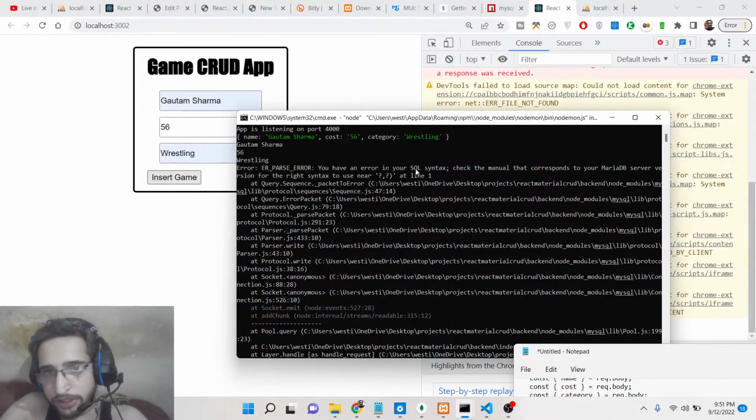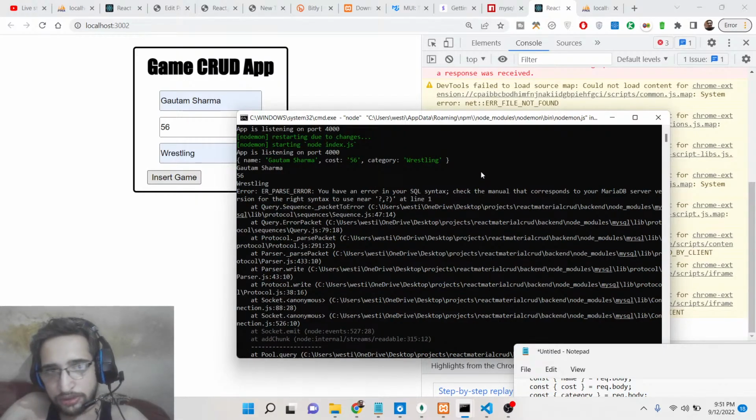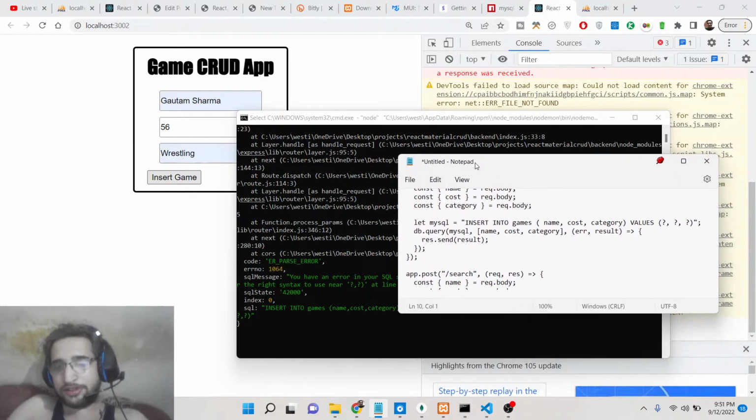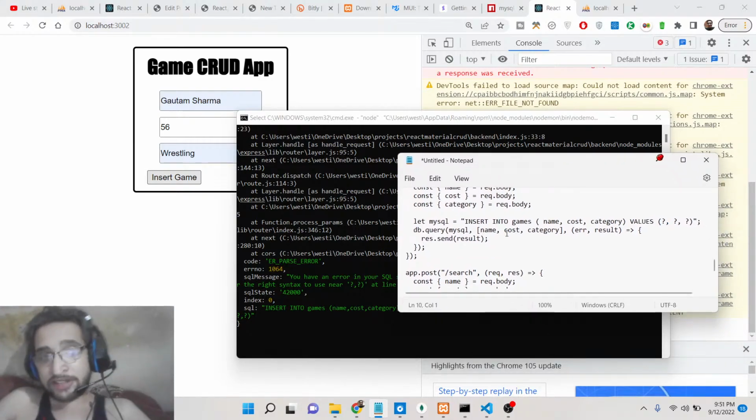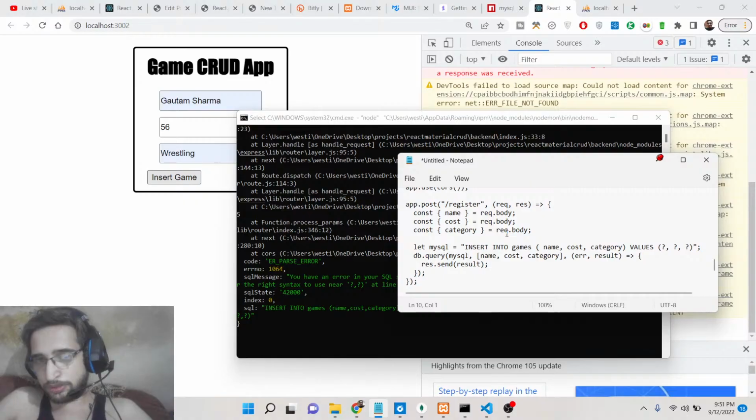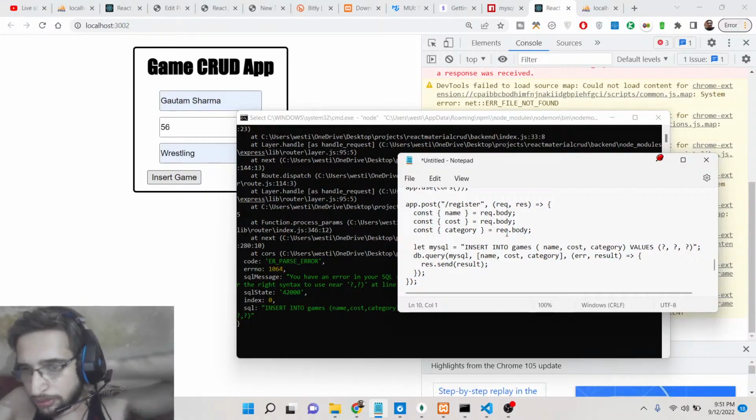You have an error in your SQL syntax. Okay, you can now see all the data is coming here in the console: name, cost, category. But I think you have an error in your SQL syntax, so I think this is a problem. So in this case, guys, you can troubleshoot at any moment of time if you have problems going on. So, name,